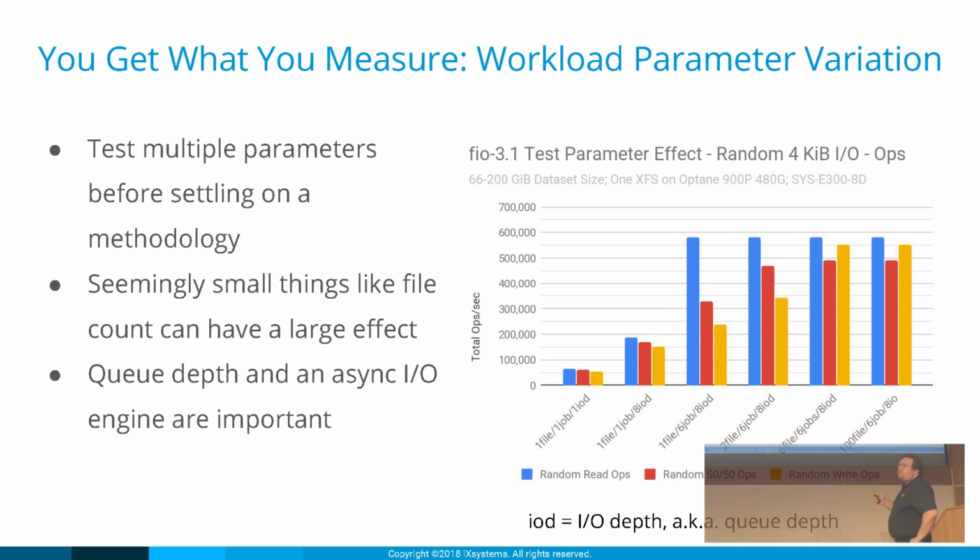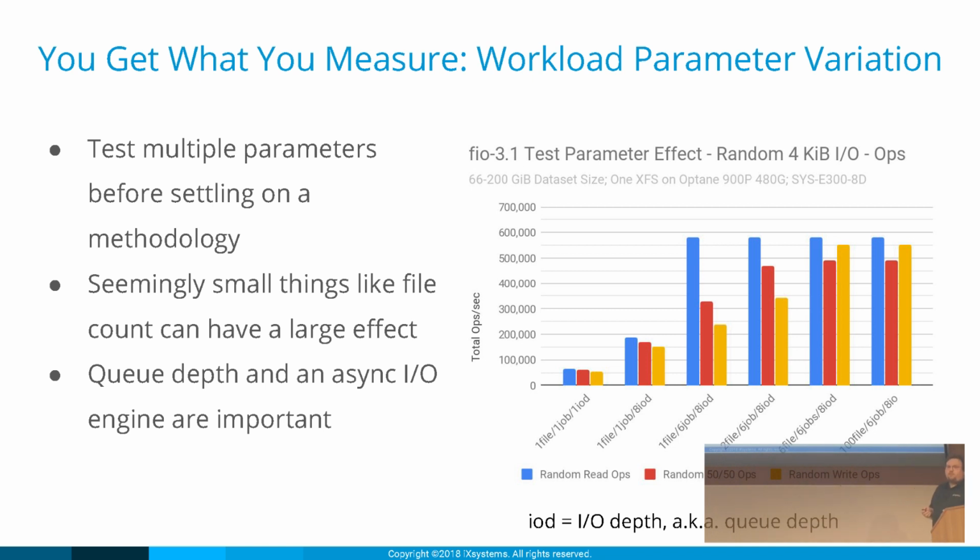If I bump my IO depth for the IO engine in FIO just to 8, again, still one file, one thread, now I've increased performance. About, what is that? More than doubled or tripled it or so. Now reads are almost at 200,000 ops per second, and pure writes, the lowest, are about at 150,000 ops per second. So we've made one change to our workload, and we've drastically changed the performance that we're now getting out of our tool. So let's continue scaling things up here.